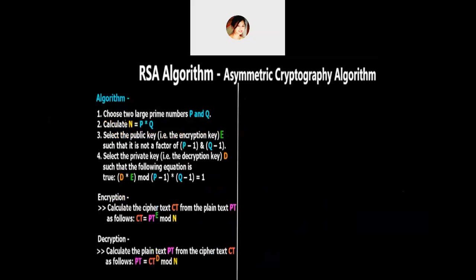Now, after understanding what asymmetric key cryptography is, we'll go on to discuss RSA step by step, and then we'll see an example of how RSA works. So next is the RSA algorithm. Here we use a technique called mod. You don't have to calculate mod manually; you have to use your scientific calculator. I hope you have your scientific calculators. Just keep it with you, you'll need it to calculate these sums.